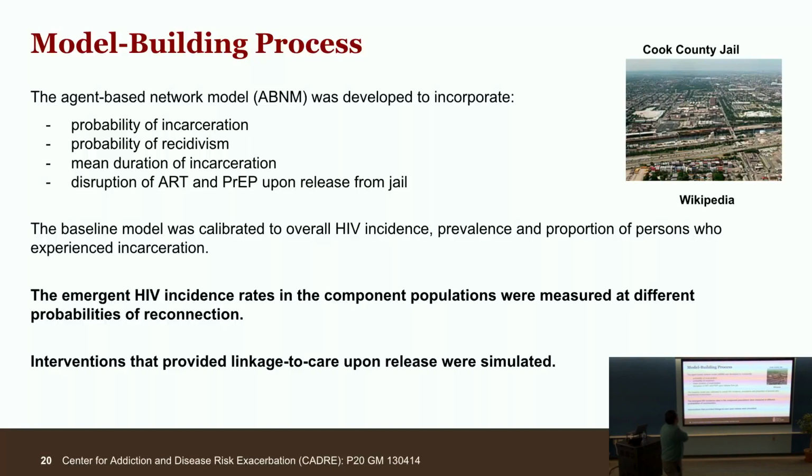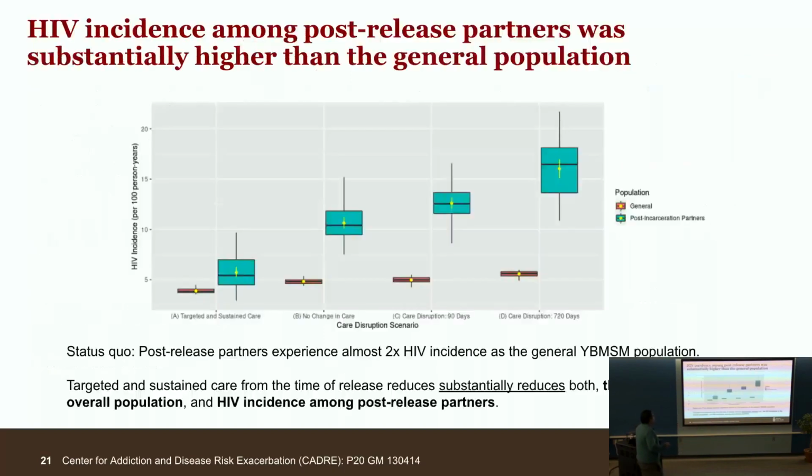So basically, that's Cook County Jail, where some of the surveys were run. It's the third largest jail system in the United States, and we went through again the model calibration process that I alluded to a few minutes ago, and what we found basically was that